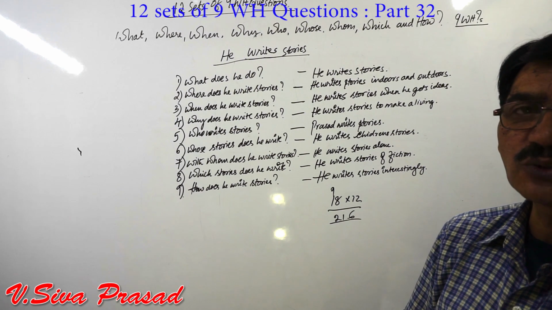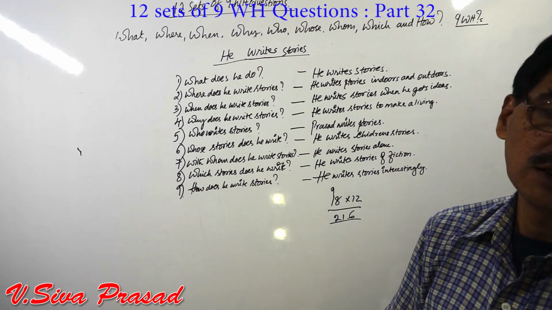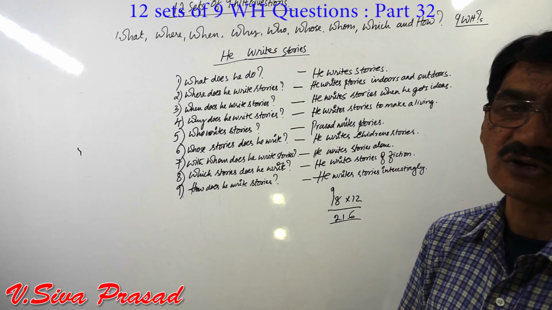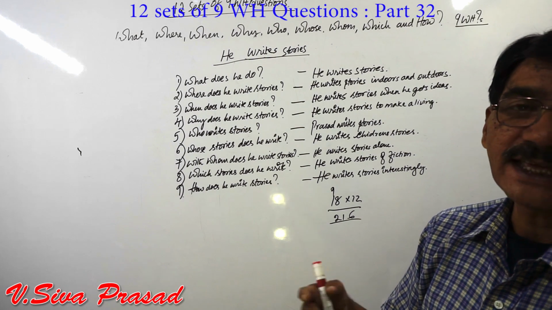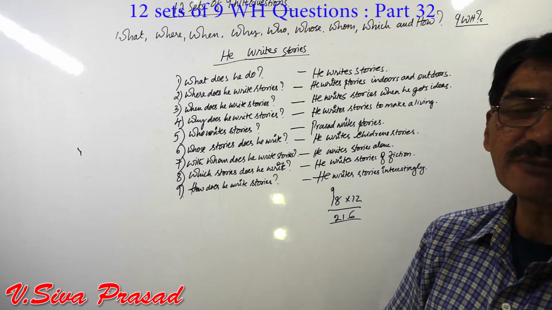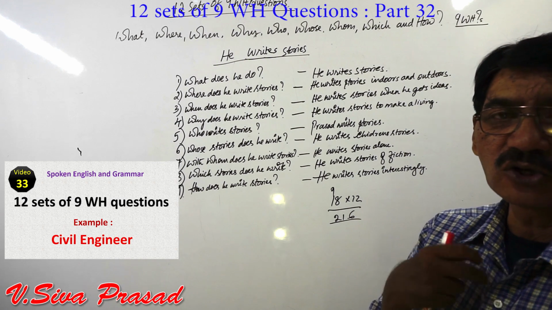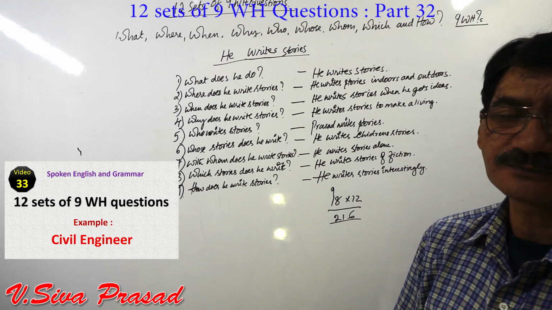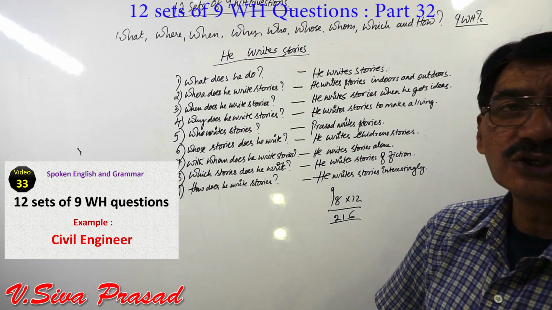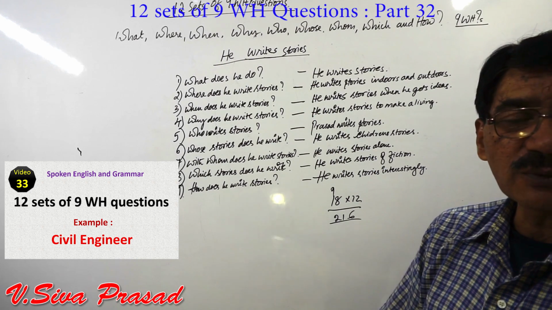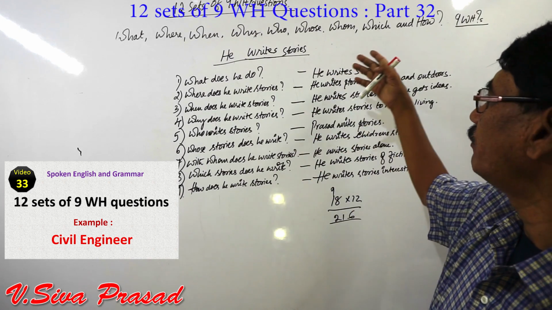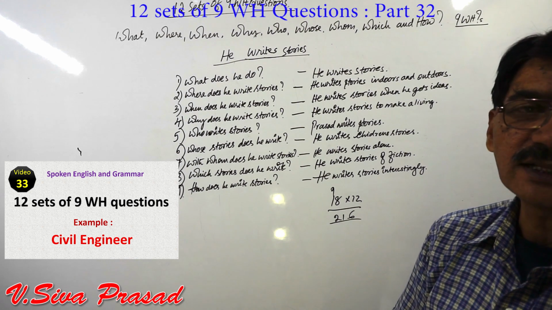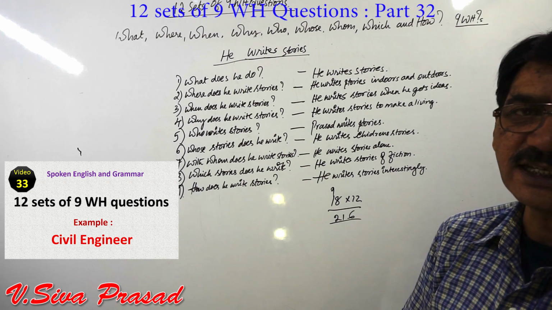So what happens when you practice 216 sentences? Even if you want to commit something wrong, you will not commit wrong. The exact thing will come out of your mouth because you have practiced so many sentences. Your vocal cords have got adjusted to those sounds and the words are coming freely from your mouth. So you have gained a lot of confidence to ask these WH questions, and if someone asks WH questions, you have confidence in answering them to the point. That is building confidence, and that is how you are improving your fluency in English.